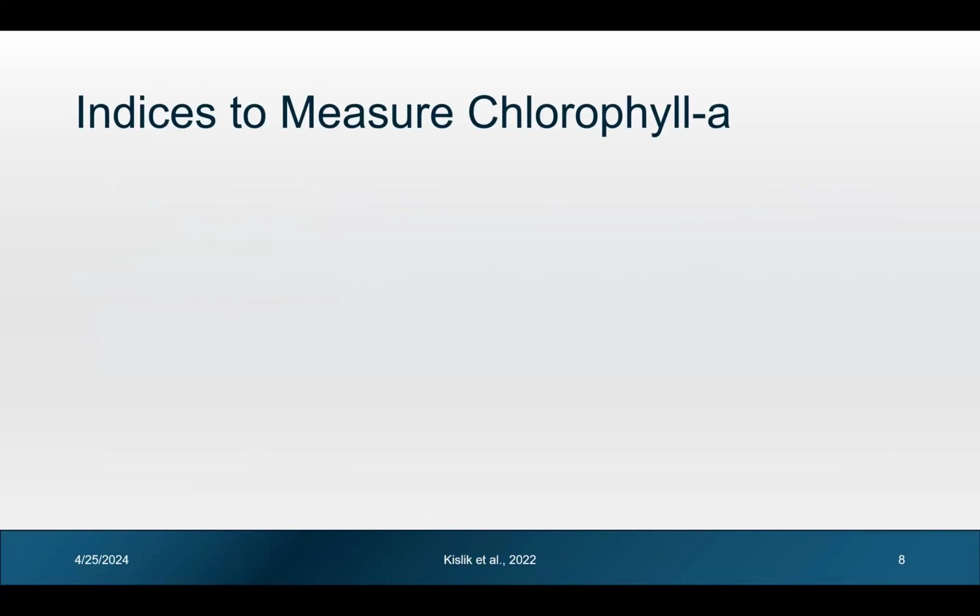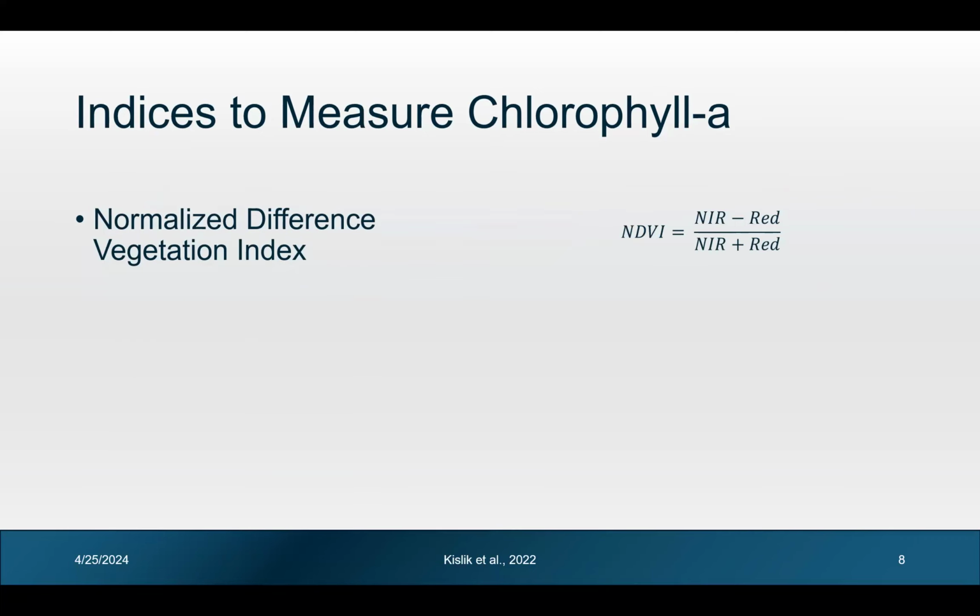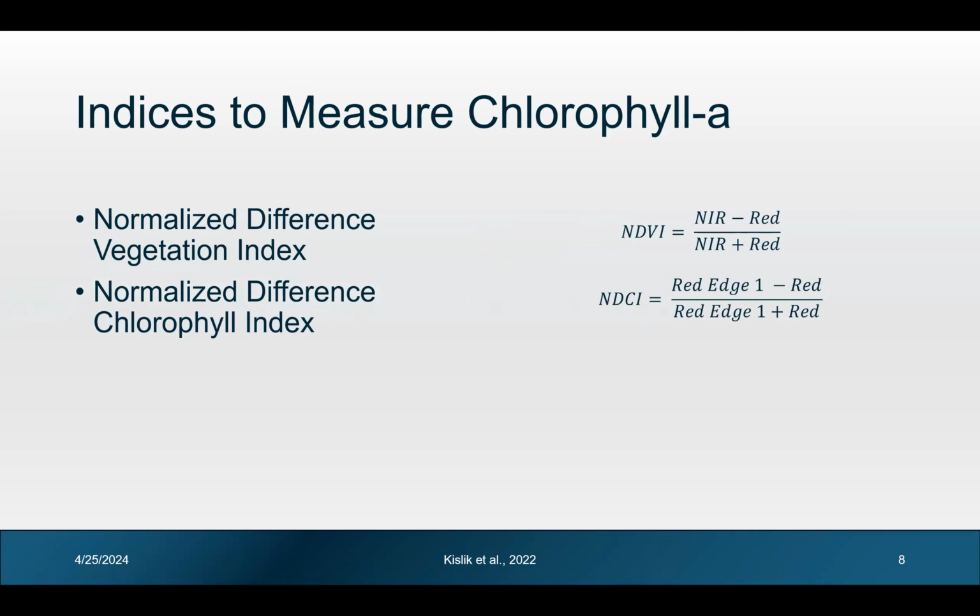To discuss how I actually did this, we need to define the indices that measure either chlorophyll or vegetation in the area. There are four major ones that I found that do this somewhat well. The first one is the normalized difference vegetation index, basically a measure of greenness in the area, and that uses both the near infrared band and the red band. We have the normalized difference chlorophyll index, which is a unique index as it explicitly measures chlorophyll reflectance